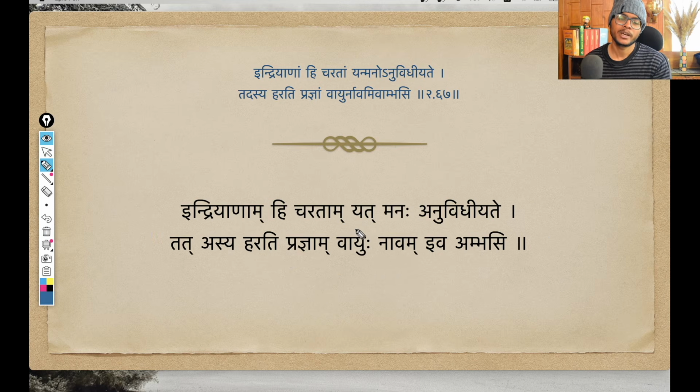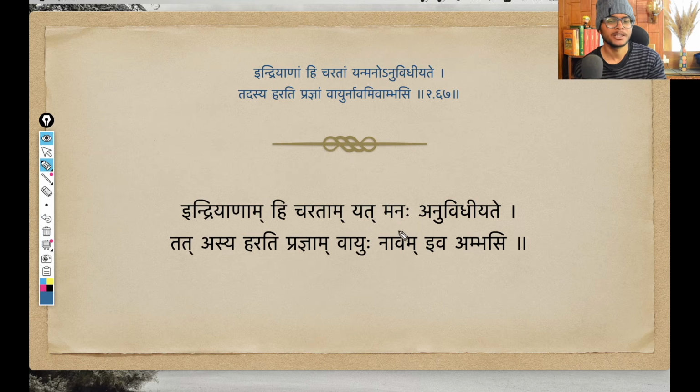Okay, then moving ahead, we have a sandhi between Yat and Manaha. What sandhi is this? So this is Anunasika sandhi. When a Vargiya consonant is following a nasal consonant, then that Vargiya Vyanjana also becomes the nasal of its Varga. It also changes into the Anunasika of its Varga. So Yat Manaha becomes Yan Manaha. The Takara changes into Nakara. That is the Anunasika sandhi.